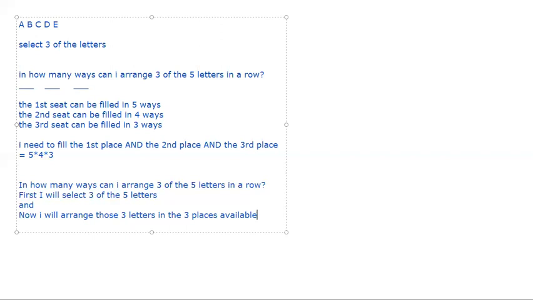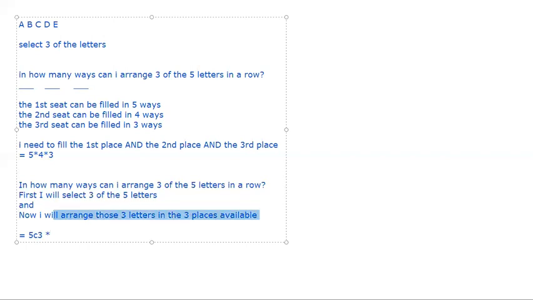Okay. Now observe, I will select 3 of the 5 letters. So that answer is 5C3. 5C3 means what? From 5 things you select 3 things. Okay. This is the notation. Let us say I don't know what this formula is. How much is 5C3? I don't know. I just know that there is a notation which says 5C3. So I am trying to deduce what that 5C3 is. So I just keep 5C3. Now I say and. When I say and, I mean what? I will multiply.